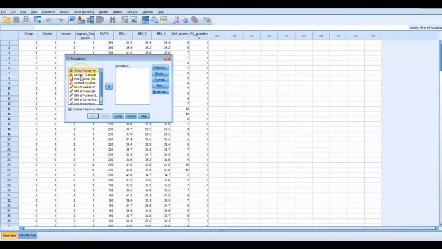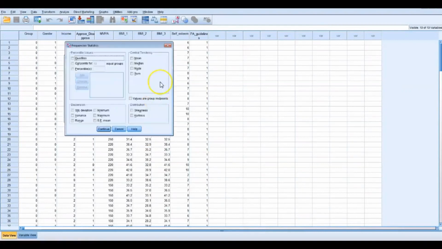So I just want to know the breakdown of males and females in our sample data set. So I enter that over into my variables window. This is always clicked by default. We do want that frequency table. Any statistics? Well, right now I don't want them, but for future reference, you can calculate mean, median, mode, sum, standard deviations, all of those things, even your interquartile ranges, which I'll show you later, are all here in the descriptive statistics